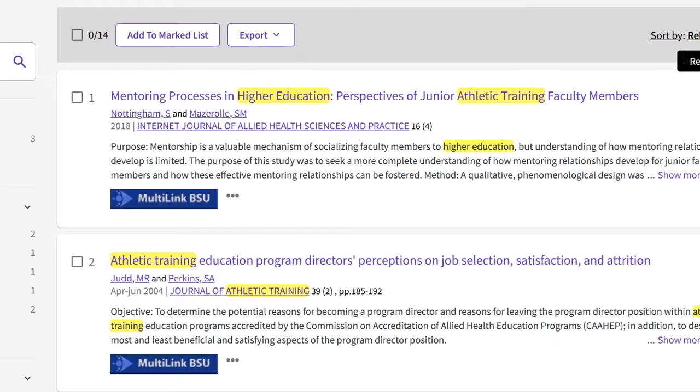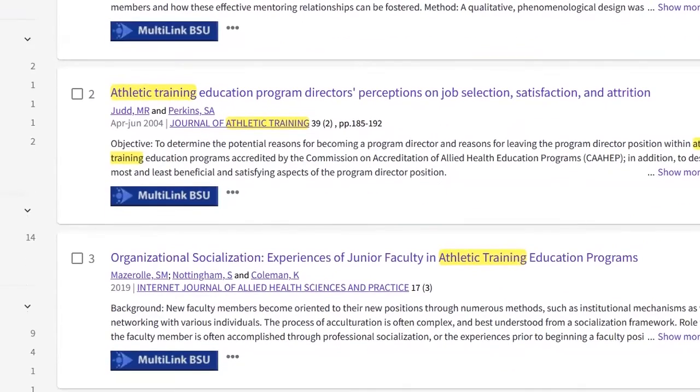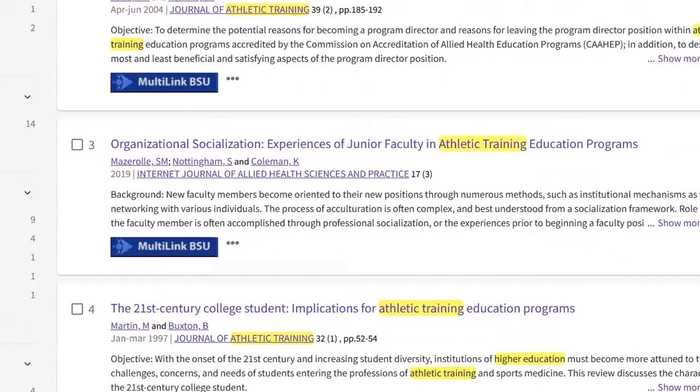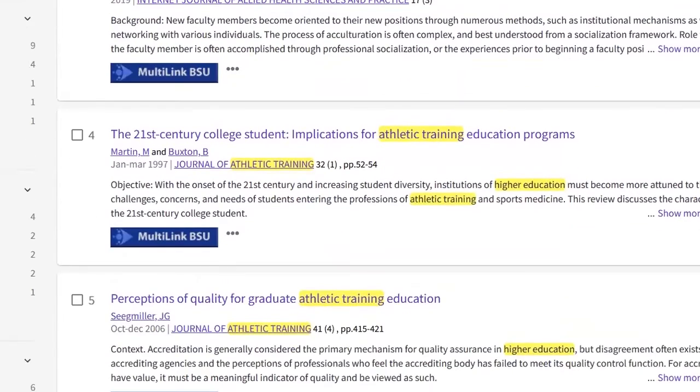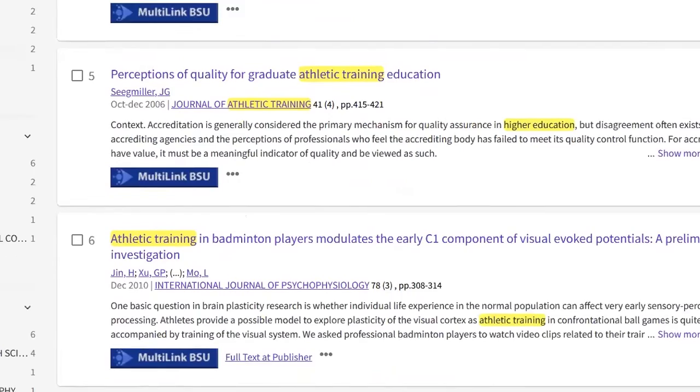So, you know, that can be pretty interesting and pretty important. You can change your results, and this gets buried in this gray bar, by times cited. So at a certain point, you probably want to do that if you're looking for that literature that's getting a lot of bang for its buck, if you will. And now I also want to scroll down because on the left, you get some options to filter. We don't have a huge result list, but you can see some of the filters on the left. And one of them